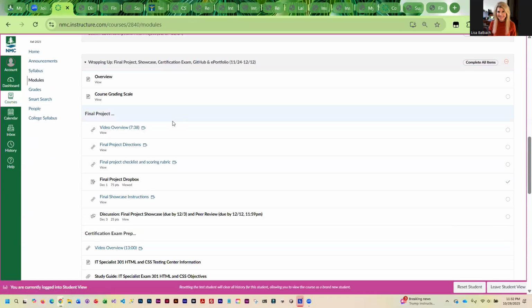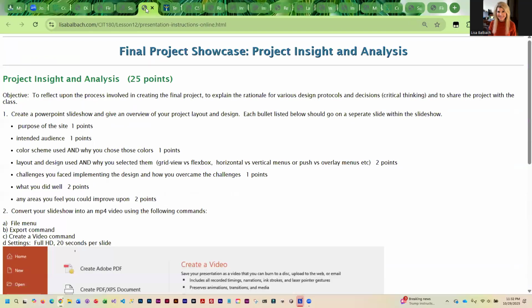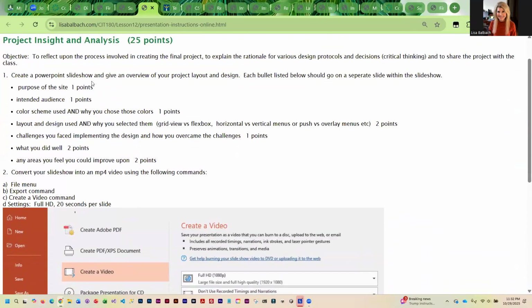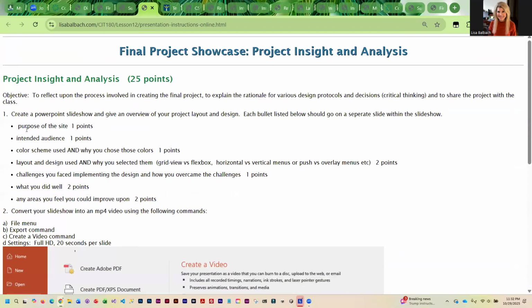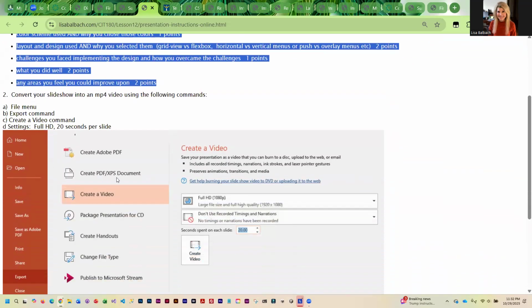As far as the showcase, I've got the instructions, which we've looked at a couple times now, but you're going to be doing a PowerPoint. You need to address these talking points in the PowerPoint. Okay, and then you're going to convert it over into a video, and the video can be uploaded to the discussion. If you are using Google Slides and you're not using PowerPoint, then you're going to have to make sure